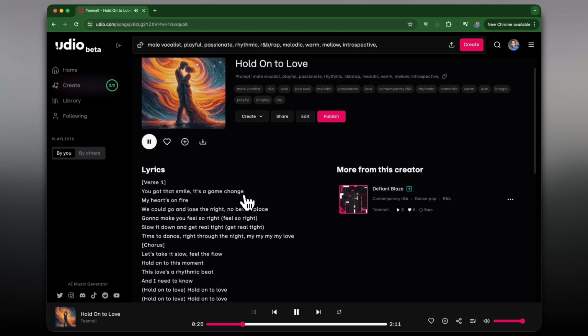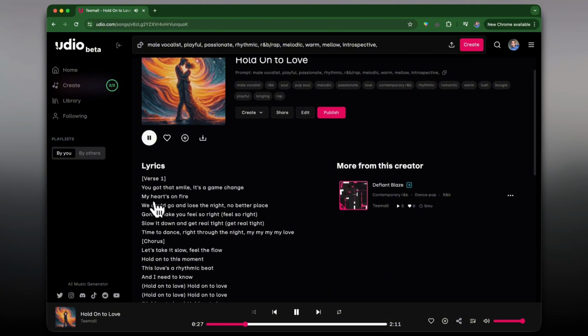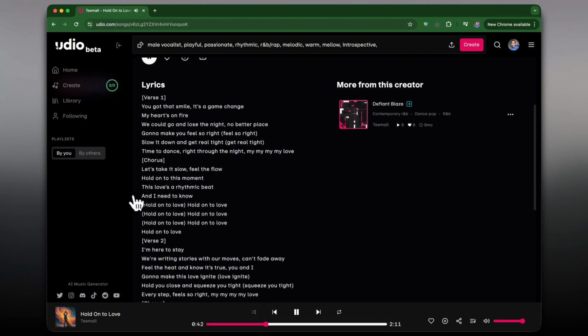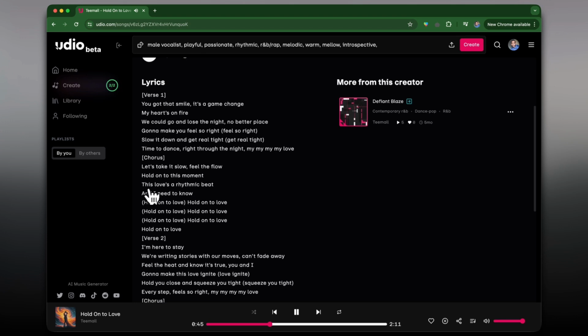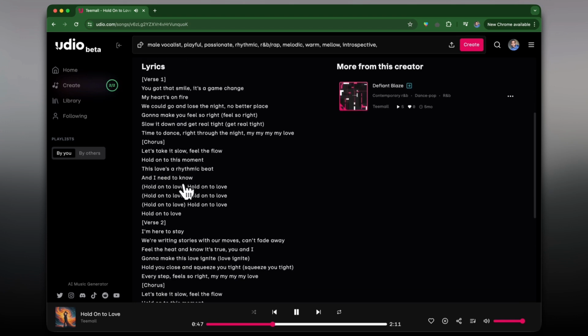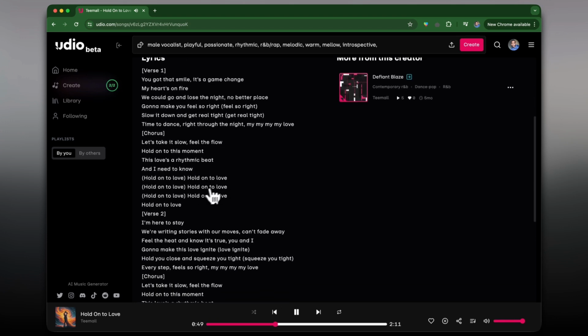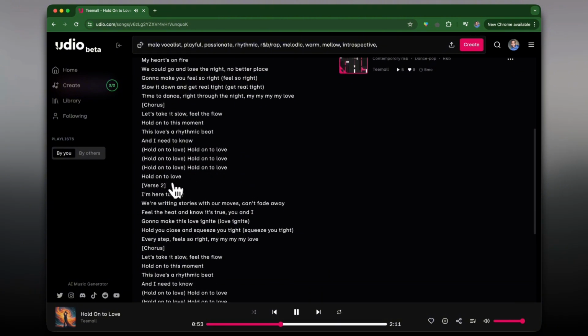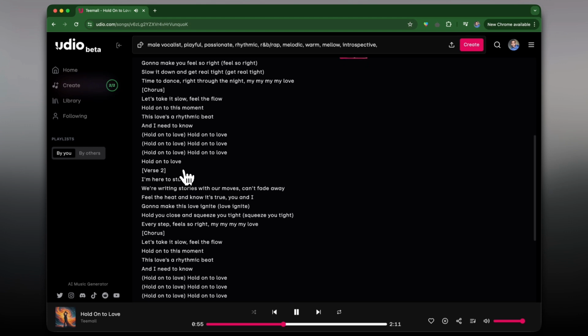Can't change. My heart's on fire. We could go and lose the night. No better place. Gonna make you feel so right. Slow it down and get real tight. Time to dance right through the night. Let's take it slow, feel the flow. Hold on to this moment. This love's a bit baby, and I need to know. Hold on to the love. Hold on to love.